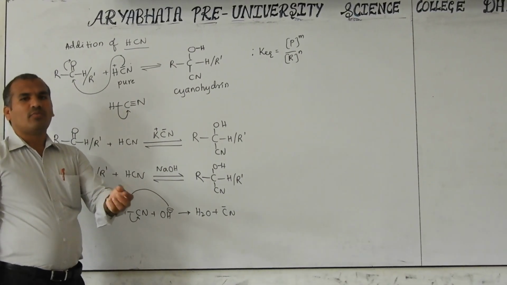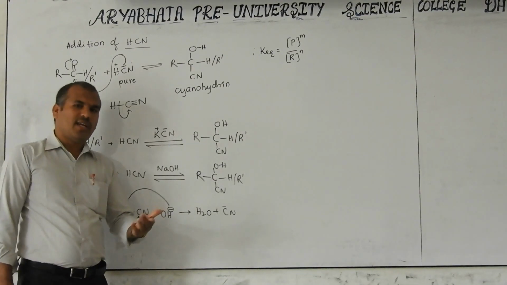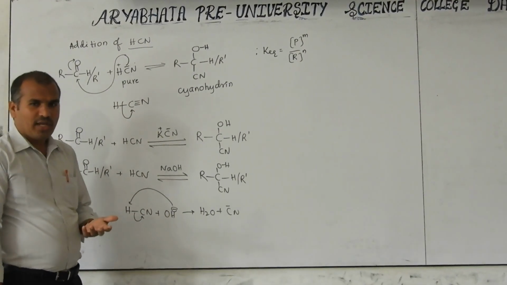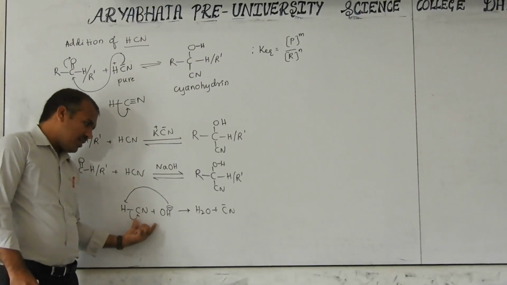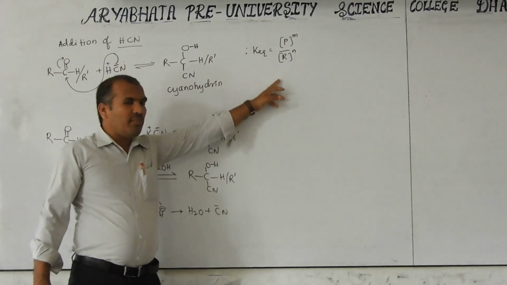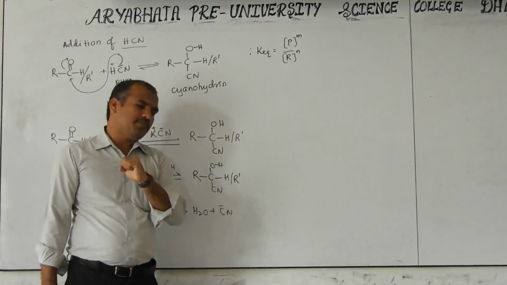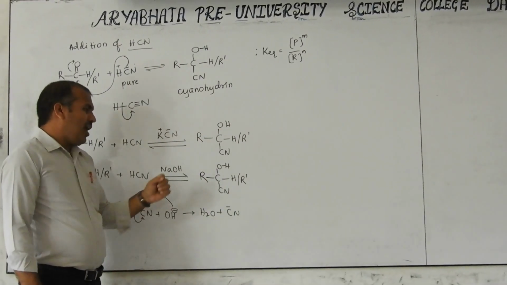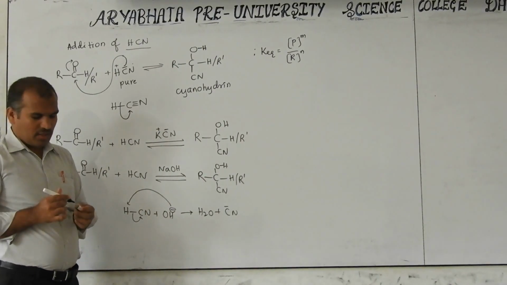In chemistry, how many types of reactions are there? Fast reaction, slow reaction, very slow reaction. Like this we can divide based on the reaction rate. So here the rate is fast and the ion is readily available. Then here the K equilibrium will be greater, here less, and here both are nearly equal. But keep in mind, in basic medium, the reaction is more favorable backwards also.